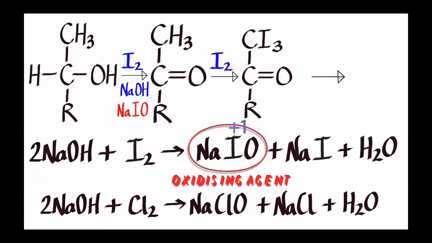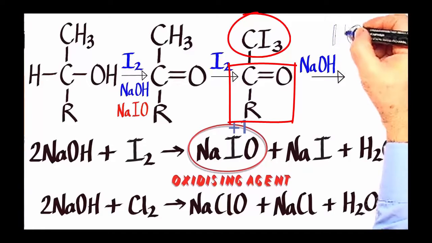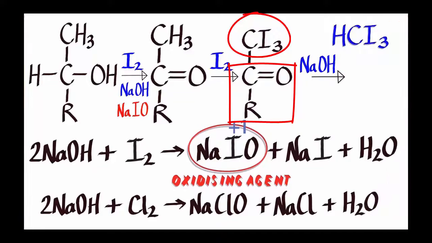Then in the final step, brought about by hydroxide ions from the sodium hydroxide, we get that organic compound there splitting, and it will produce the sodium salt of an acid together with CHI3, triiodomethane, also known simply as iodoform, and you'll see that it is a pale yellow solid